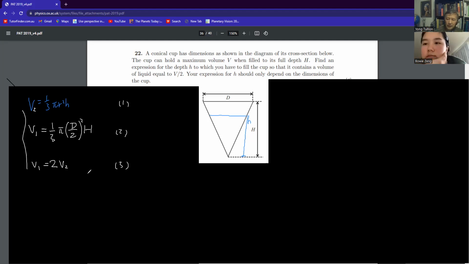So no numbers, just a formula, right? Expression for h. That's why I use analytical formula, because sometimes the examiner prefers students to use analytical formula, not just